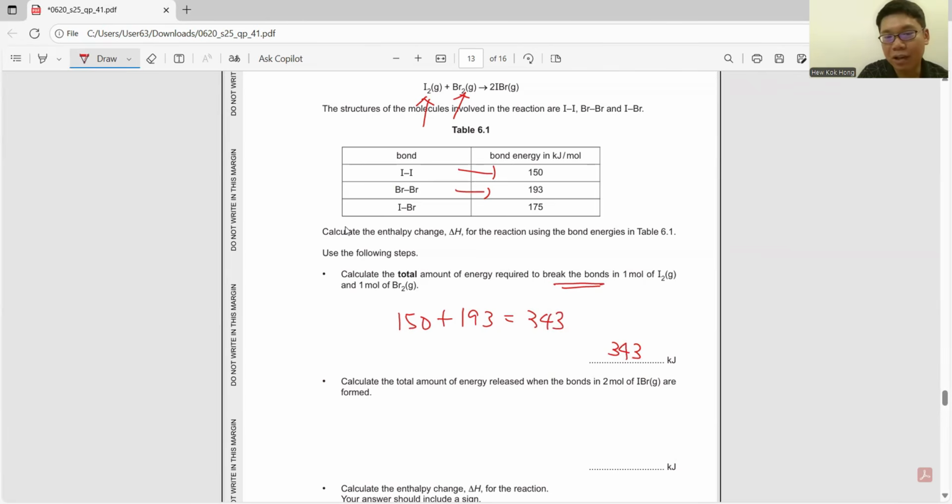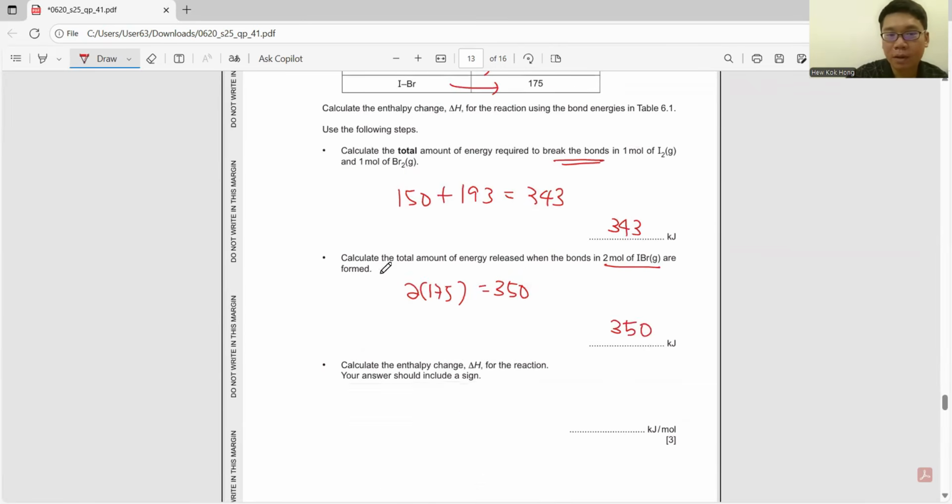Calculate the total amount of energy released when 2 mole of IBr are formed. So remember, it's 2 mole, so we times 2. After that, ask you to calculate the enthalpy change for this reaction, include a sign. So we just use the energy from the left-hand side, which is this, minus the energy from the right-hand side,